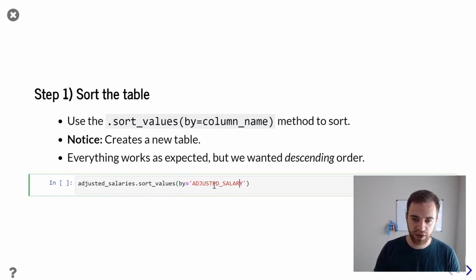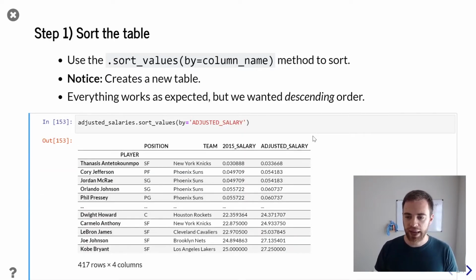So I write sort values by equals adjusted salary. And I do that, and I get a table that's sorted by adjusted salary. You'll notice that it's sorted from smallest to largest. Okay, so unfortunately, Thanasis Antetokounmpo made the least amount of money in 2015, but we see that Kobe made